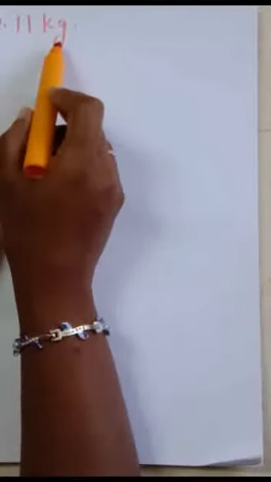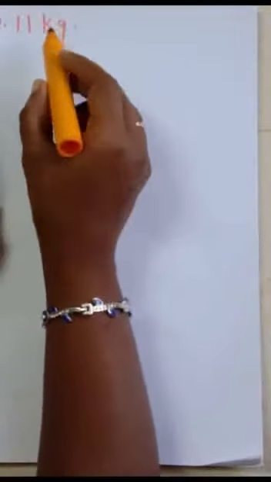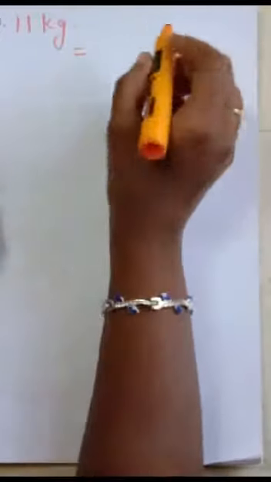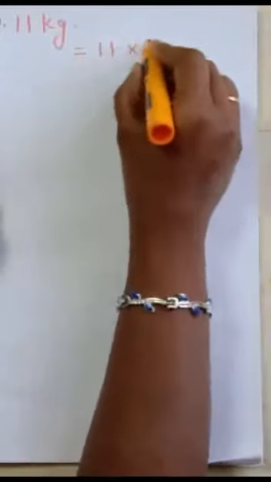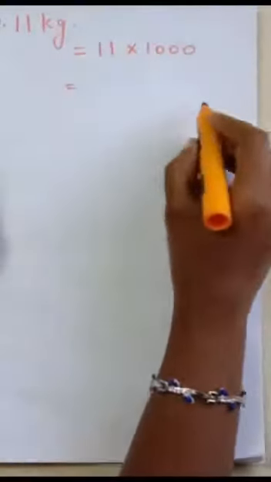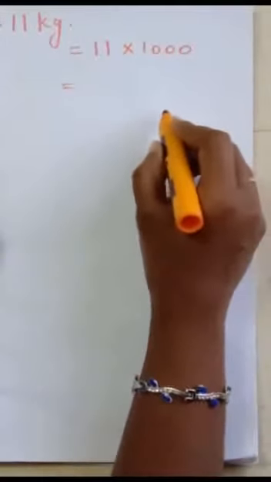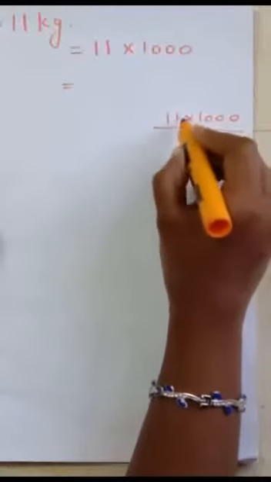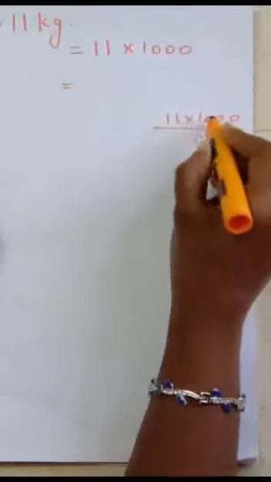Yes. Now the second sum. Next, the second question is 11 kg. In 11 kilogram, how many grams are there? We have to convert this 11 kilogram into gram. What is our first step? We have to multiply this with what? 1000. Very good. So 11 into 1000. Shall we multiply this? What is the multiplication step? You can write it inside as a hint. You have to multiply this, right? 1 into 0 is 0. 1 into 0 is 0. Again 1 into 0 is 0.